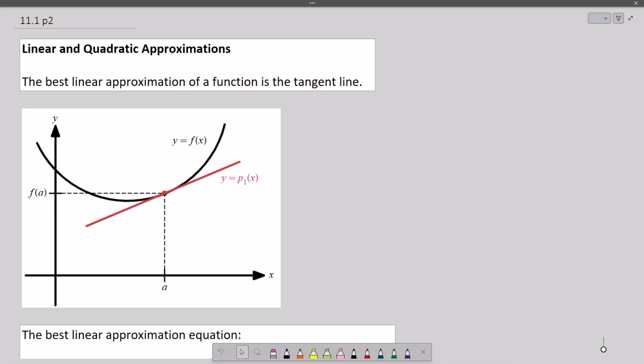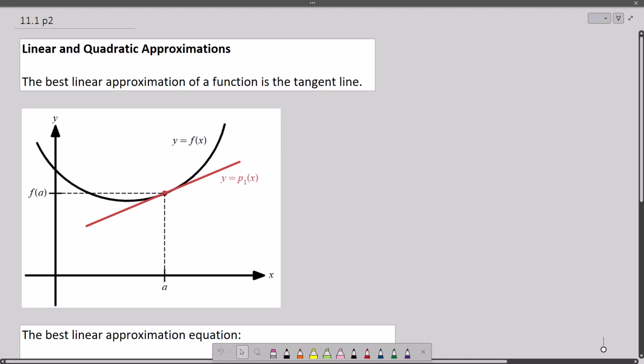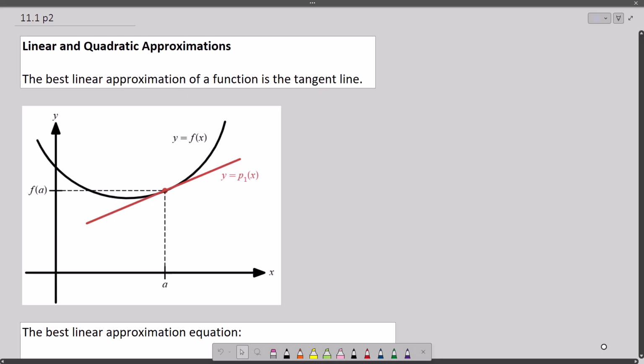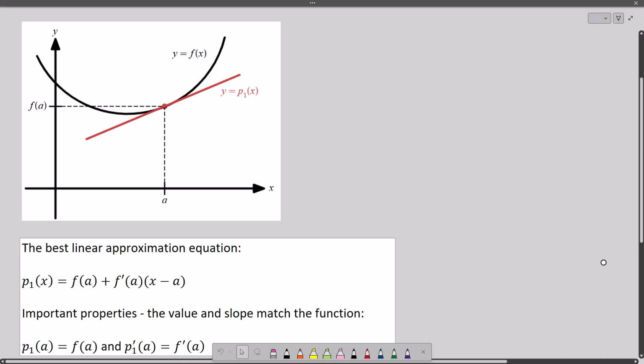The question is, well, how do we generate them? If I give you e to the x, how did we come up with that never-ending polynomial that is equal to it for all x? How do we come up with it? And the idea is rooted in tangent lines. That's where it starts. So it turns out that you can build these never-ending polynomials with repeated derivatives, going from